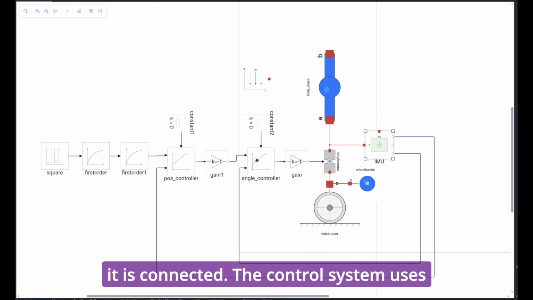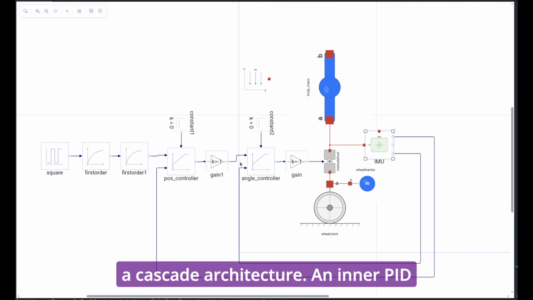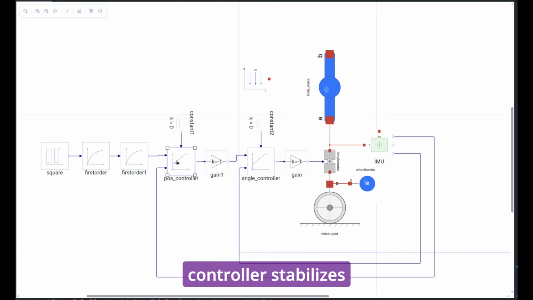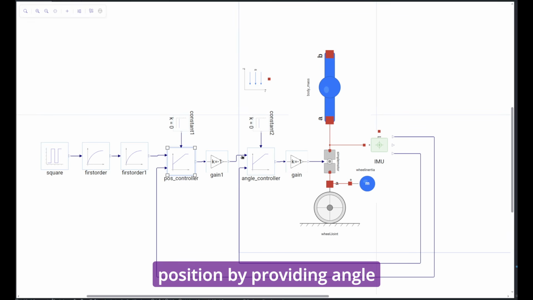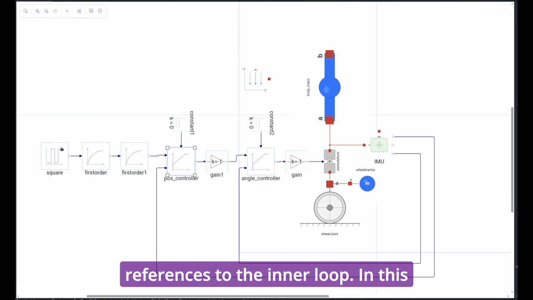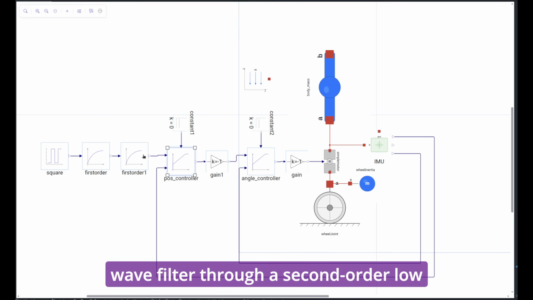The control system uses a cascade architecture. An inner PID controller stabilizes the body angle, while an outer PID controller regulates the position by providing angle references to the inner loop. In this first part of the example, the position reference is a square wave filtered through